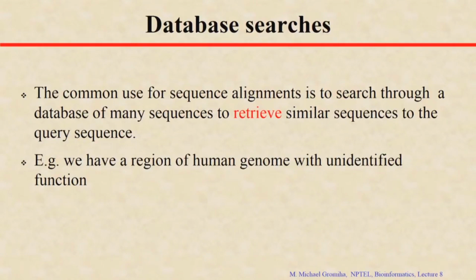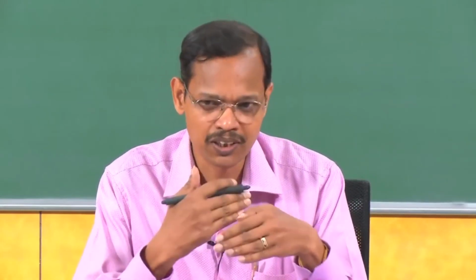The common use is that you have a specific query sequence. First you can see what other sequences are similar to your query sequence. If you have a sequence which matches yours, then you can try to understand how far they are similar. Depending upon the similarity or any functionally important regions, you can infer that your protein has similar